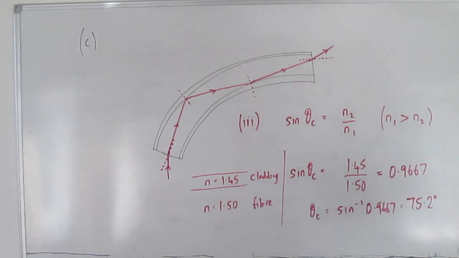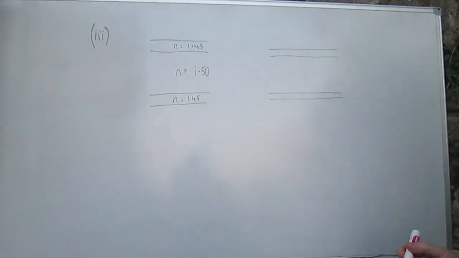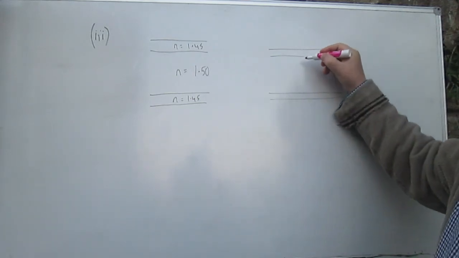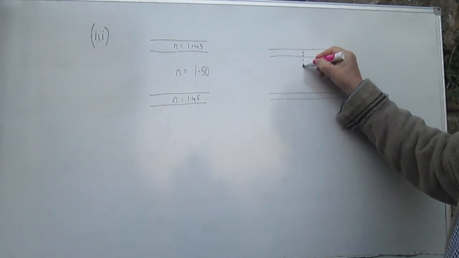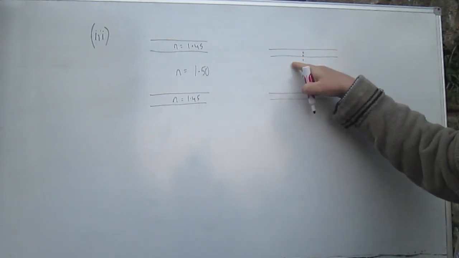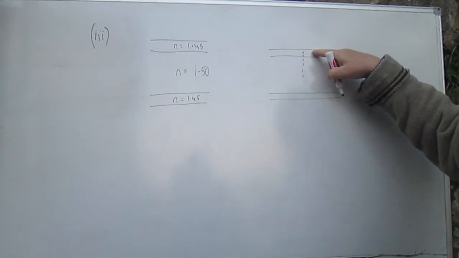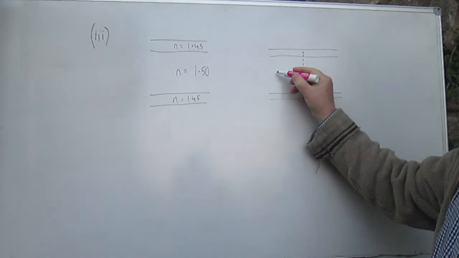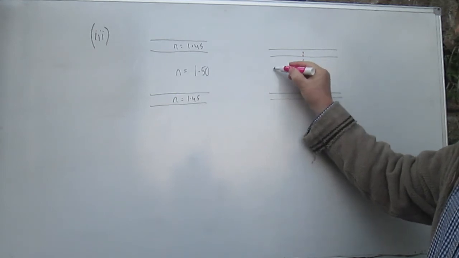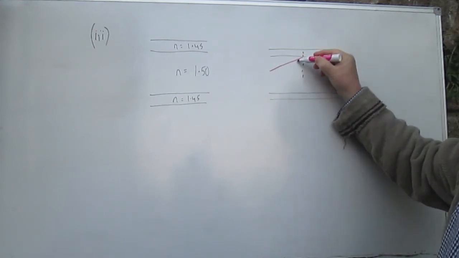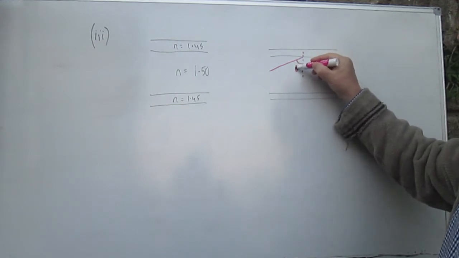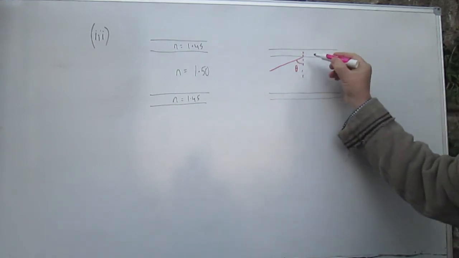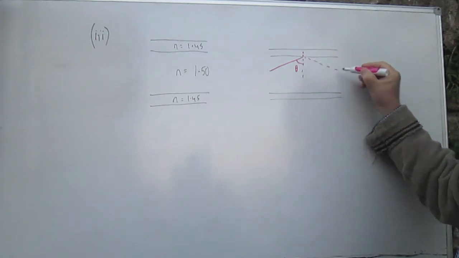is the critical angle. Okay, so part 3 explores this idea of what is the critical angle in the optical fibre. So remember that what happens is, if this is your normal, the light's passing through the core, and what we don't want it to do is to escape out into the cladding. And so provided that this angle theta there is big enough, we'll get total internal reflection, and this will come back here,